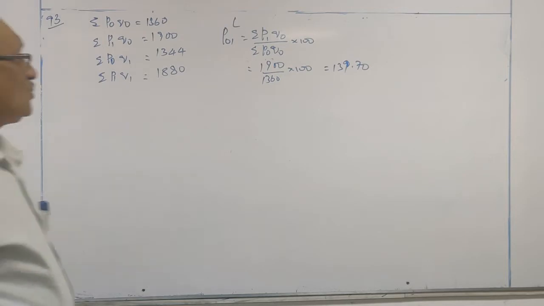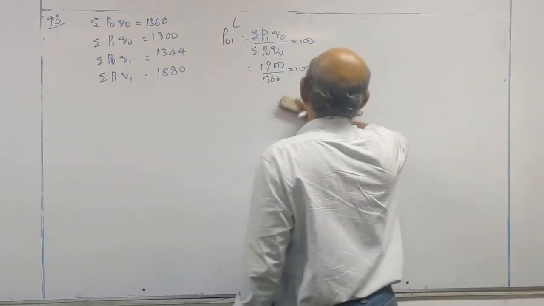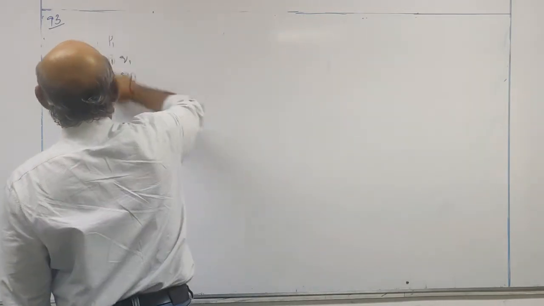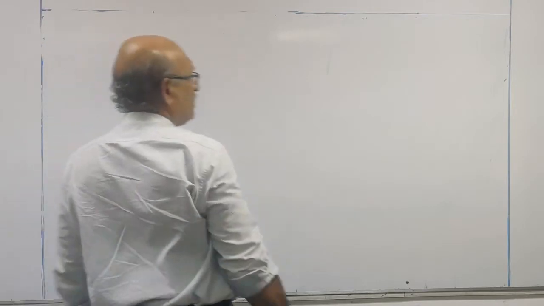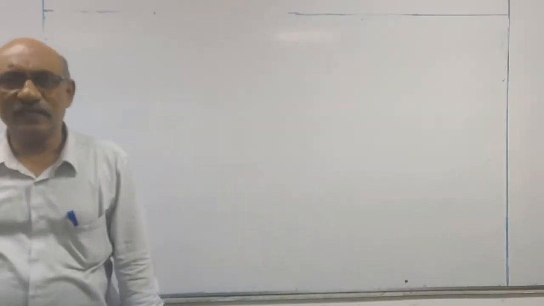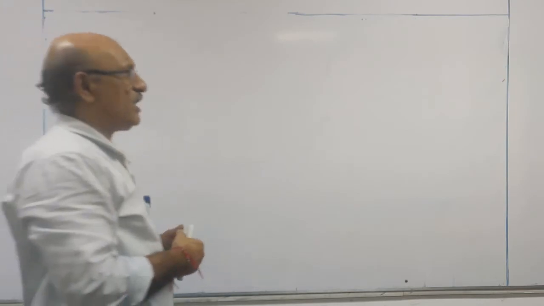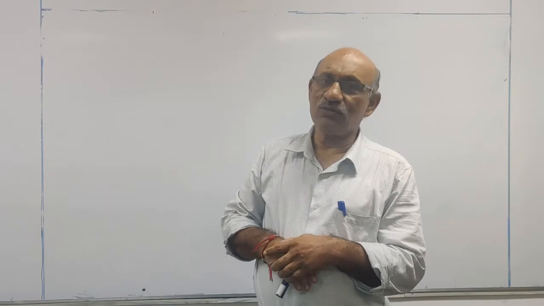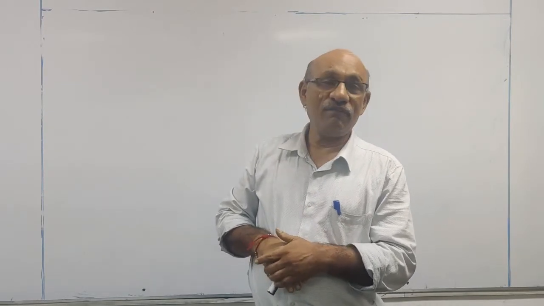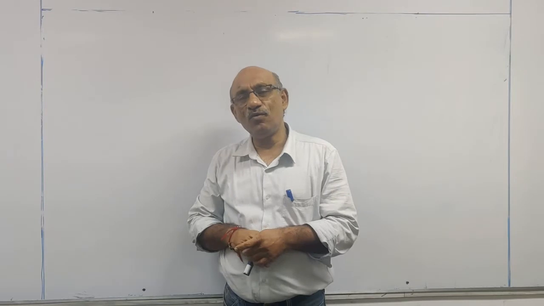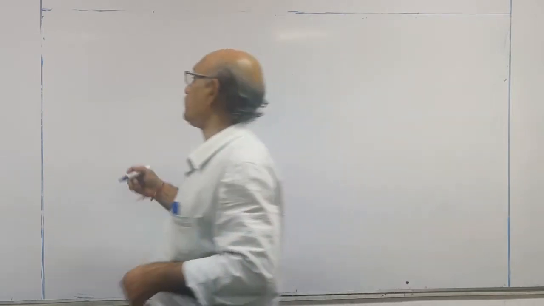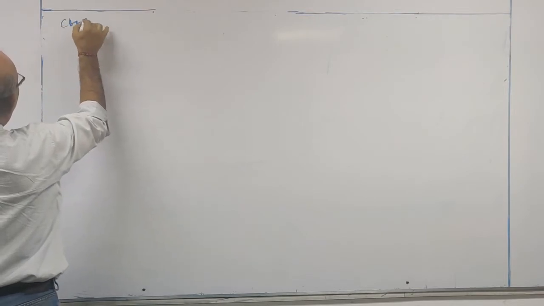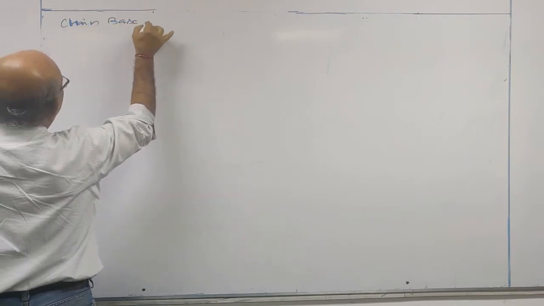So far, all the problems we solved in index numbers come under the heading of fixed base index numbers. Laspeyres' method, Paasche's method, Drobisch-Bowley, Fisher, Marshall-Edgeworth, Walsh method, Kelly's method, simple aggregate, price relatives, all these come under fixed base index numbers. Now I am moving into chain based index numbers.